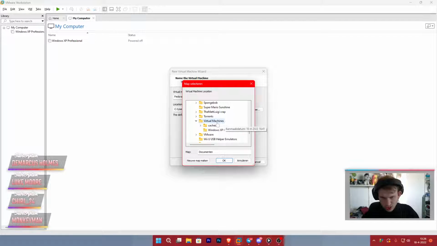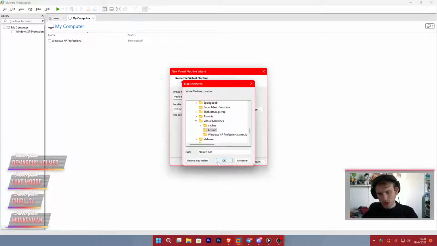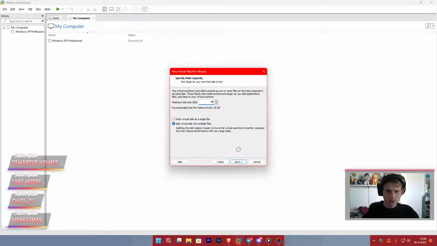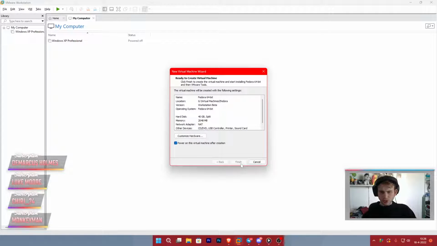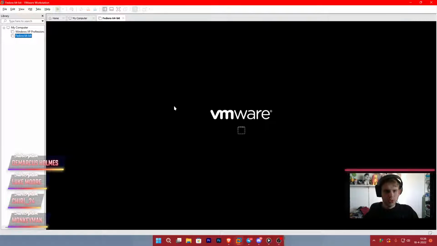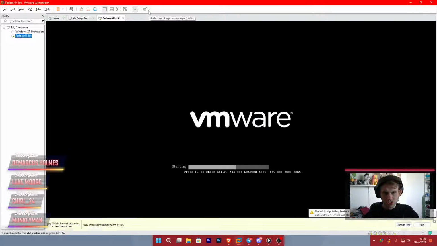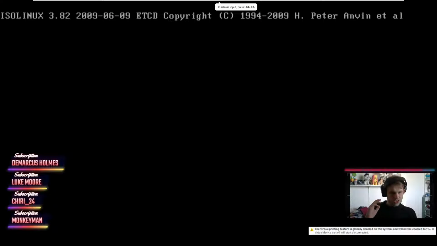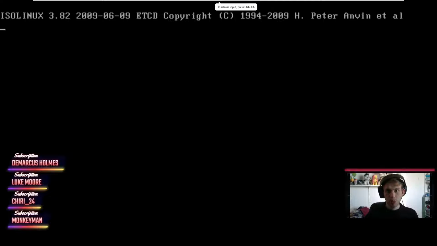Virtual machines right there. I'm gonna make one called Fedora. Alright, that should do it. And 40 gig hard drive. So there's a few things that we're gonna do in this. First of all, of course, we need to install the actual OS, which is the first step of this. Once that's done, we're going to install our desktop that we're gonna be building on top of.